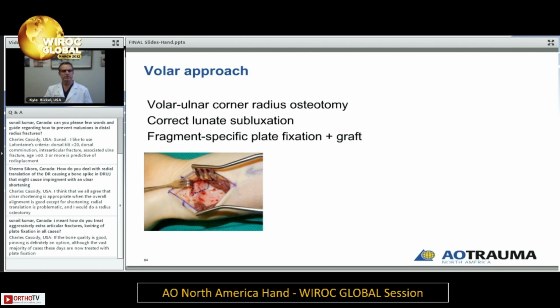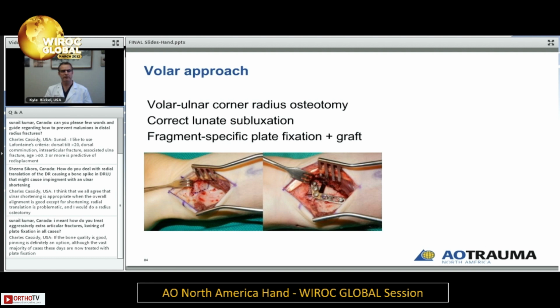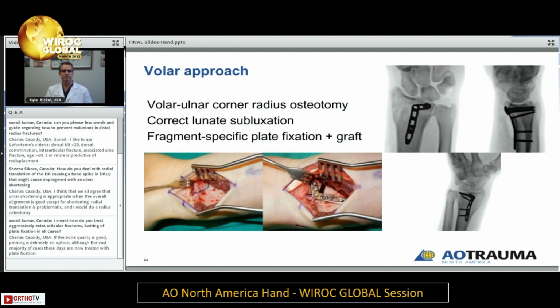Here we see the same patient, the volar approach, same exposure. It does not have to be as extensile because we're really only dealing with that one corner. We can correct the lunate subluxation and use fragment-specific plating. So this is a three-dimensional, it's only partial thickness of the radius at the articular surface. It came up into the joint so that we did not disrupt the dorsal cortex, and that left a void, which was in this case grafted with cancellous allograft to simply fill in the dead space, and healed quite nicely,